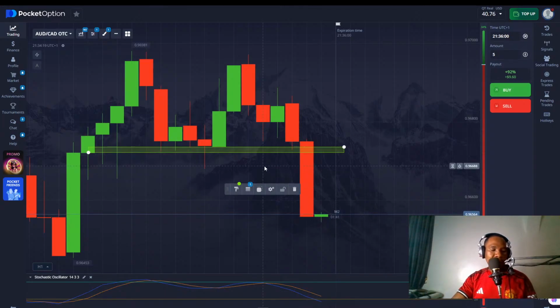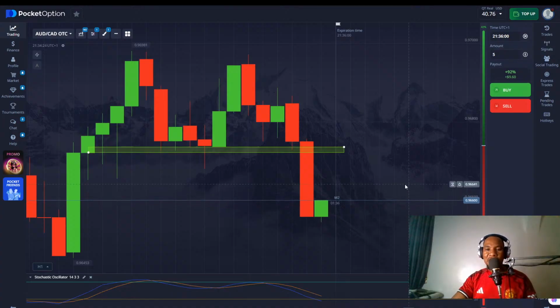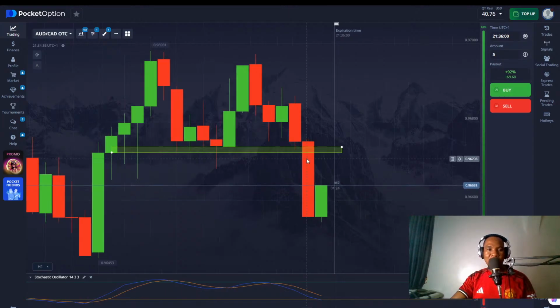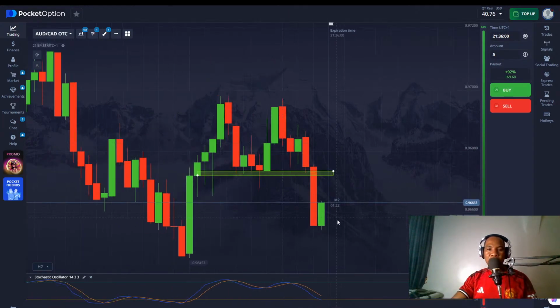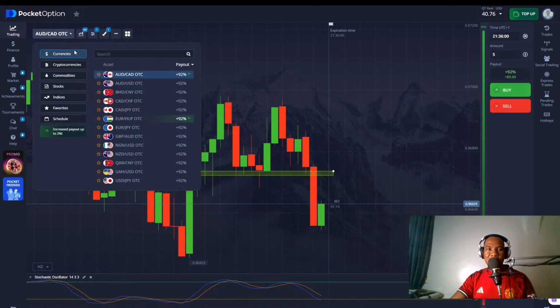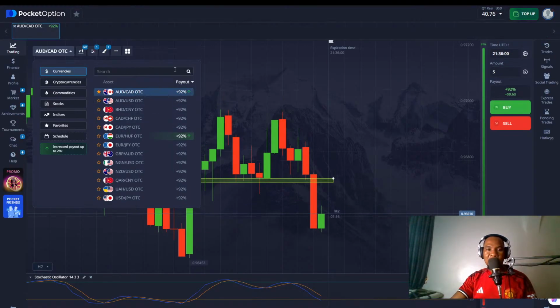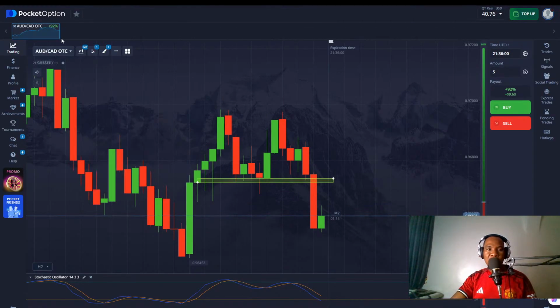So that's all about the strategy. You can see what I'm saying. The price can go either up or down because there was no shadow in the breakout candle. And you can see that it's going up. I'll come back to this chart and see how it closes. But for now,